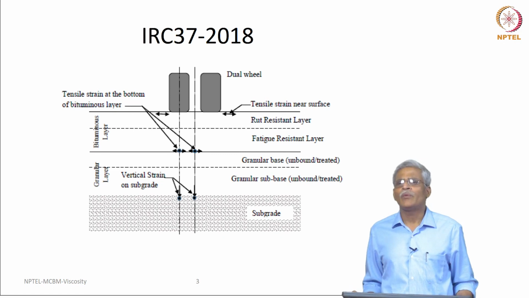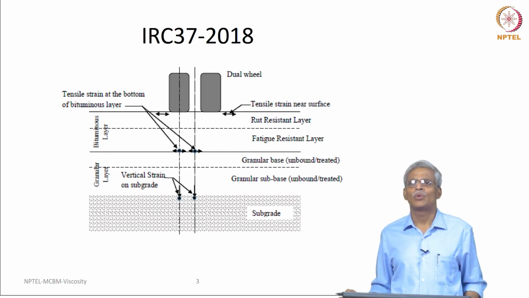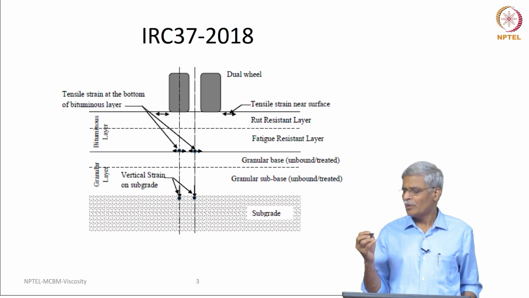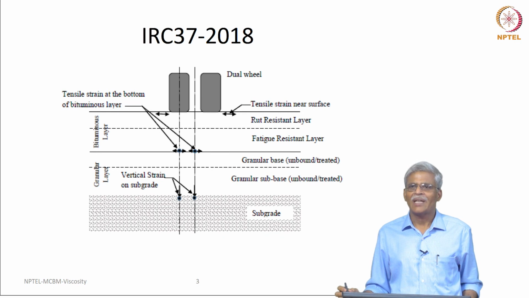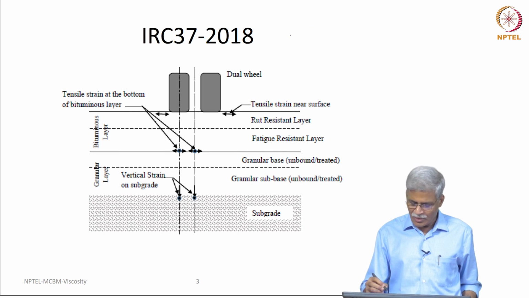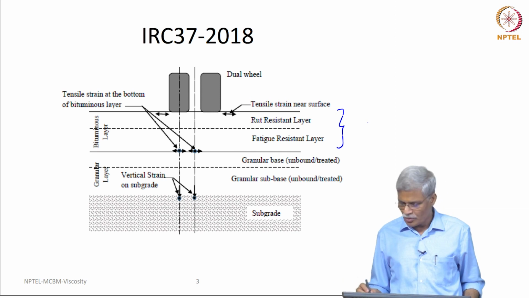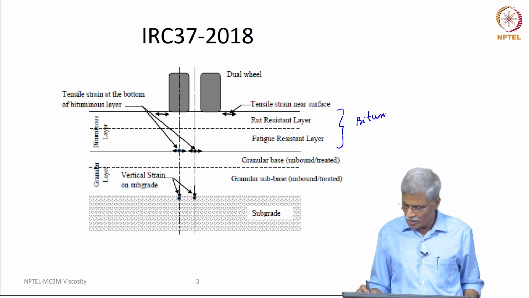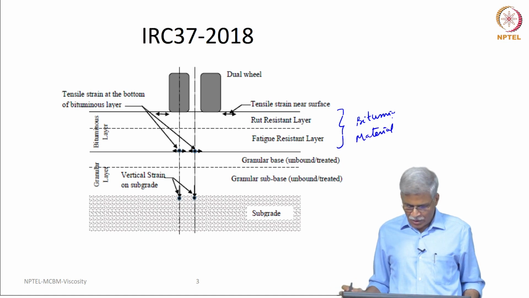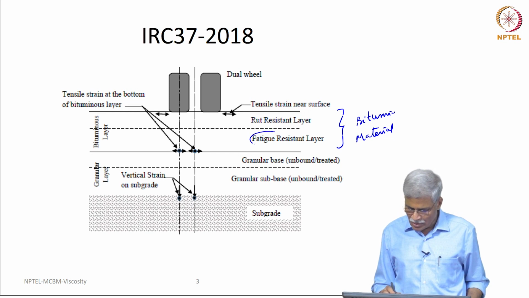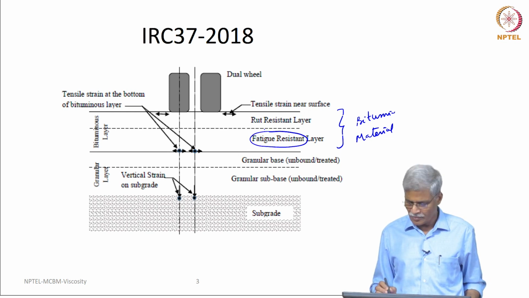So, if you really want to understand how to choose a specific binder for a pavement, we need to also look a little bit into some of the design aspects here. What you see here is the IRC 37 cross section as given here. So, you have two layers of bituminous material, and you can actually see that this layer is called fatigue resistance, this layer is called rut resistance,